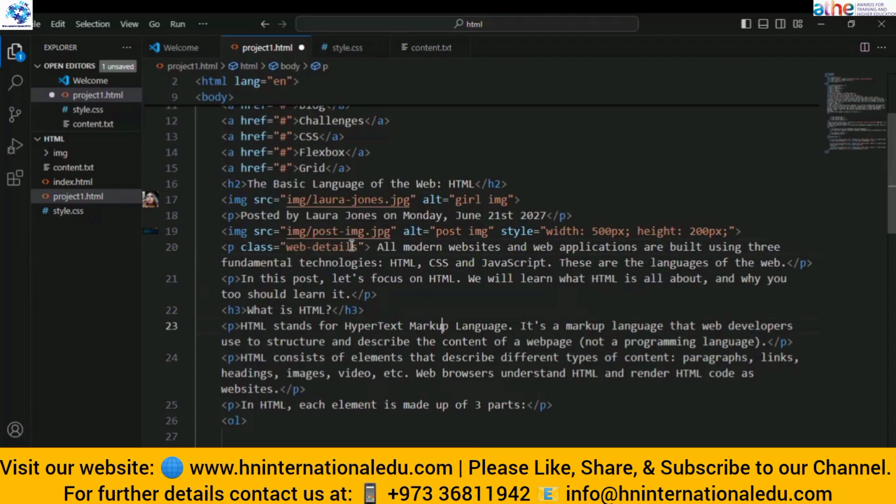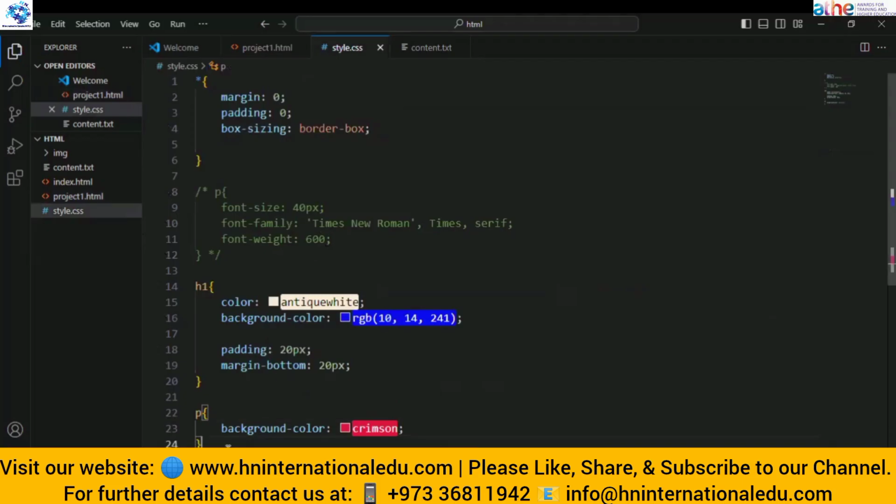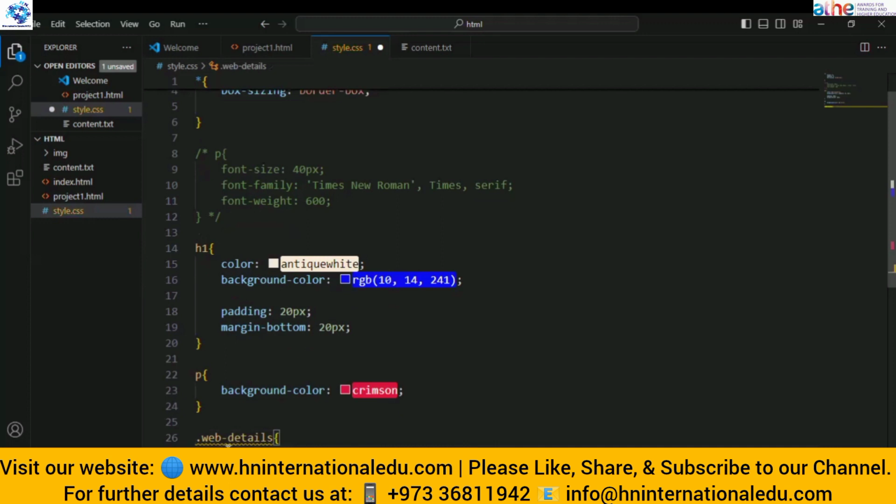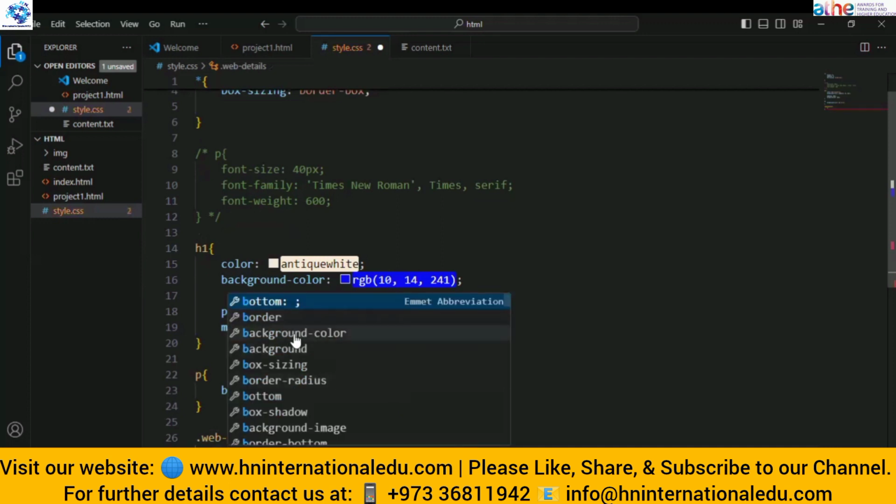Now I have to change the color of this text, or I only have to apply styles on this paragraph. So I will choose the name of the class from here, copy this, and the syntax for doing that is to write a dot, then the name of that class, then brackets. Now I can easily change the background color of it.